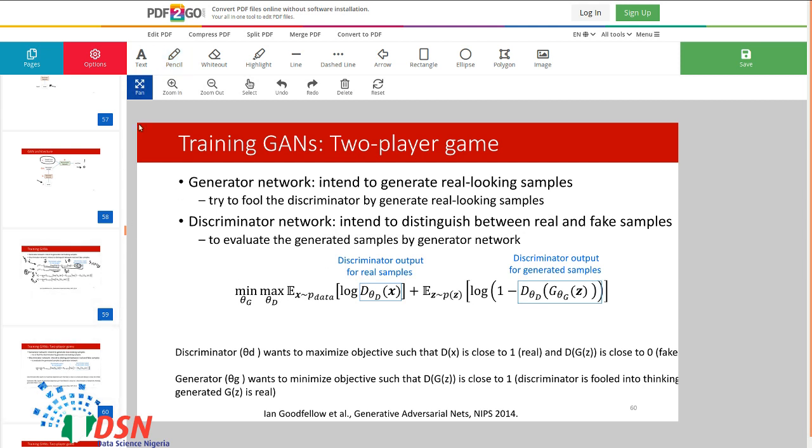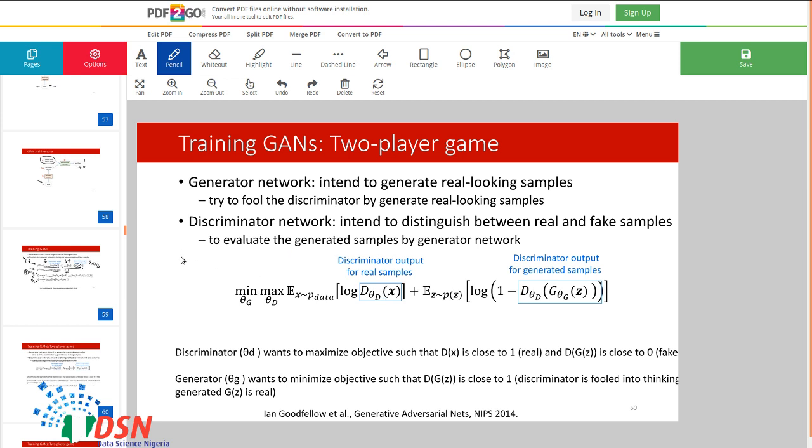Again, with this definition of the cost functions, the generator wants to fool the discriminator by generating real looking samples. On the other hand, the discriminator network wants to discriminate between the real and fake samples.